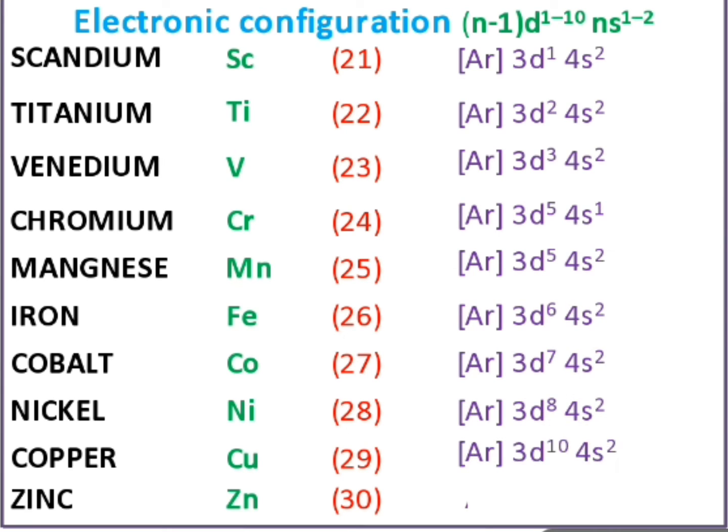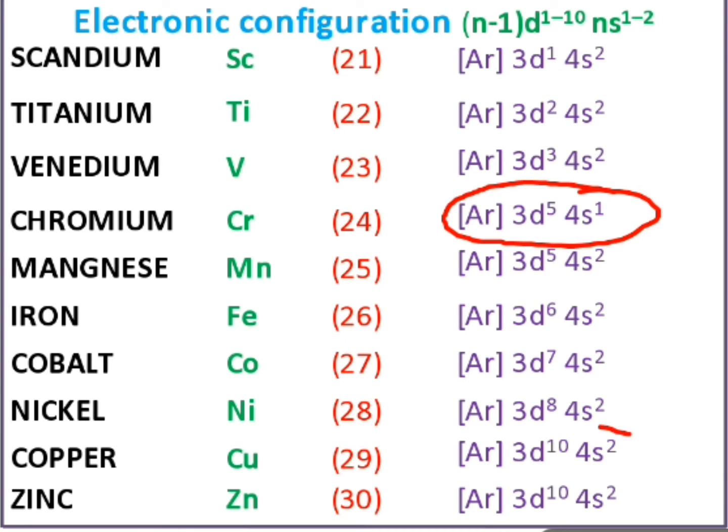So now you can see the electronic configuration depends on the stability of orbitals. Stability of orbitals means the configuration will be that in which both the orbitals are stable. If one orbital is unstable, then the atom is not stable. So here we have some difference in chromium as well as in copper. Remember this thing: chromium and copper, their configuration is very different due to the stability of orbitals.